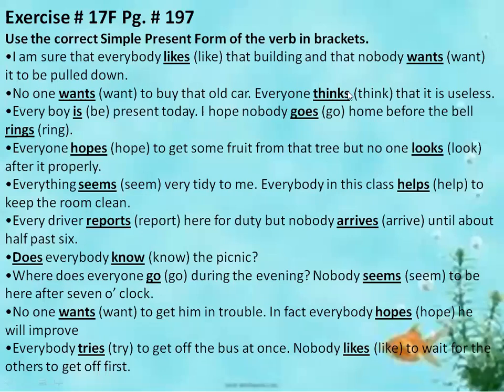Okay, it's okay. Achha, come to page number 197. Quickly, hurry up. Page number 197. At the bottom of this page, you have exercise 17F. Notice that in each case, the verb is singular. Use the correct form of the simple present tense of the verb in brackets. Again, you have to use the simple present tense form from the brackets. Similar exercise as you have done previously. ठीक है, अभी जो हमने last exercise की है, just like this exercise. Similar exercise we have.